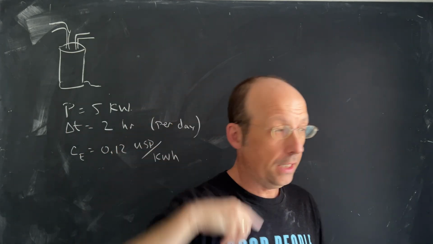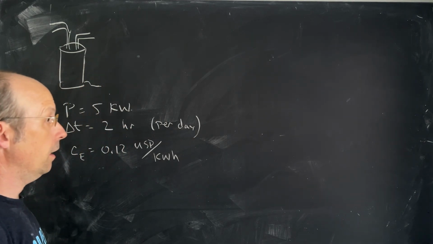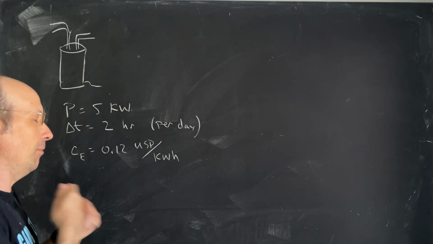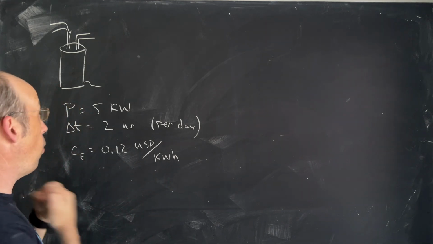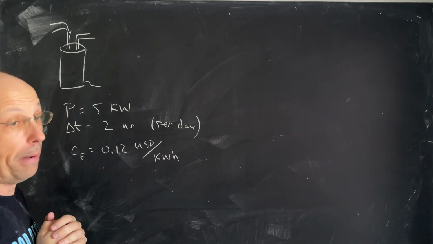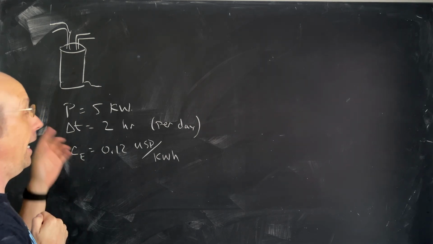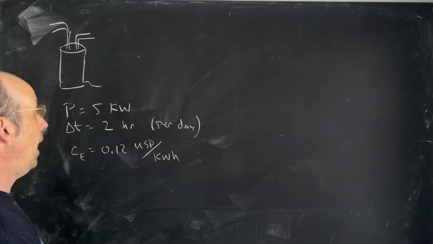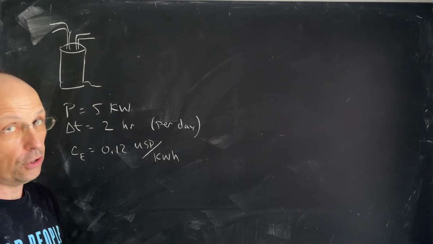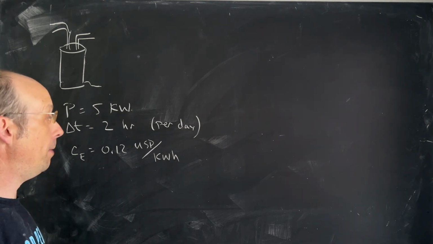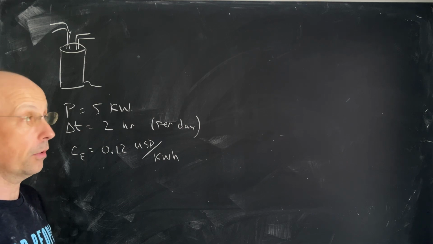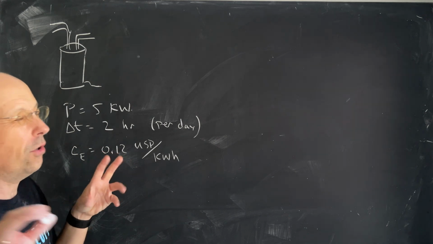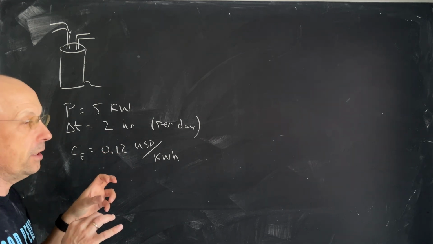Problem number 50, chapter 20. The question, I kind of like this question because it's real life. A water heater uses a power of 5 kilowatts and it runs for 2 hours a day. How much would it cost you to heat your water for a whole year if you pay 12 cents per kilowatt hour? So there's a lot of stuff going on here and not the best units,